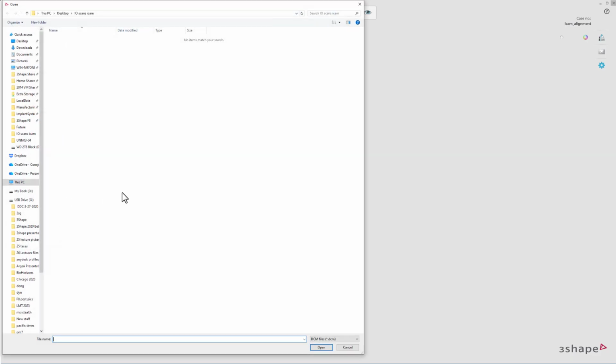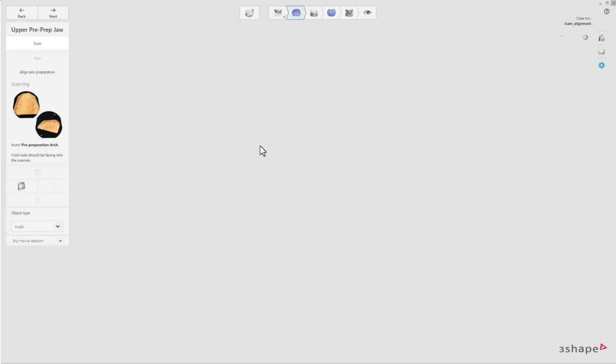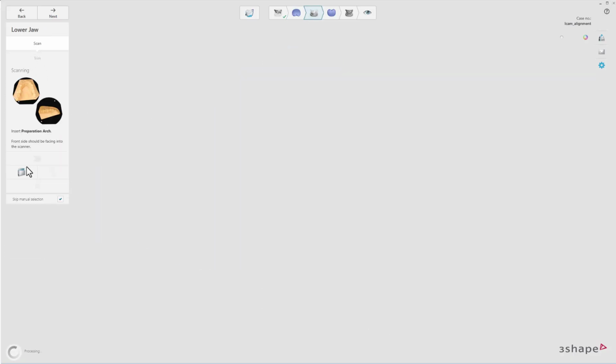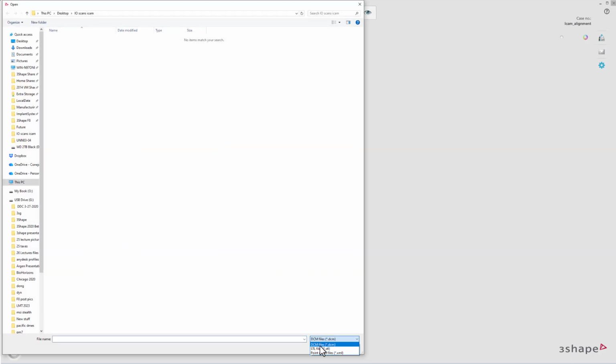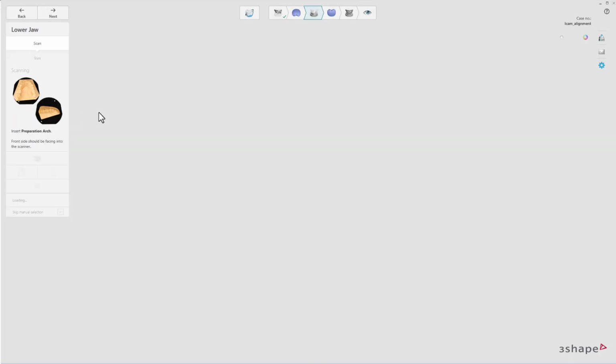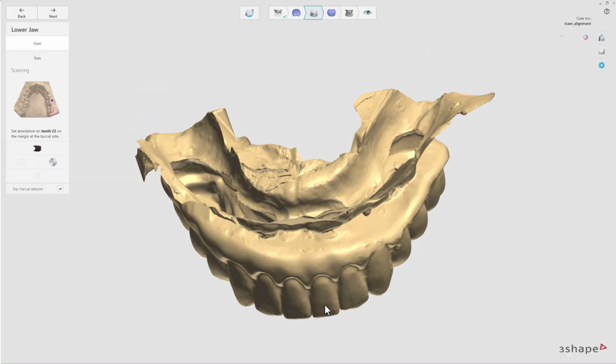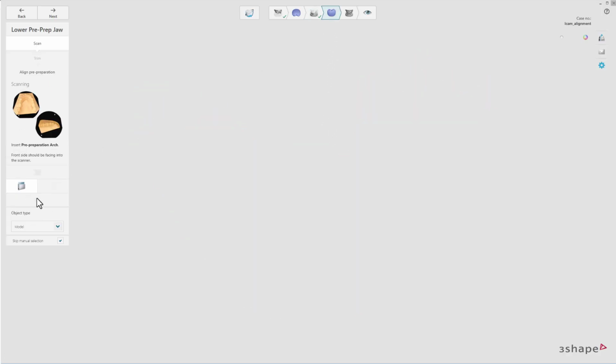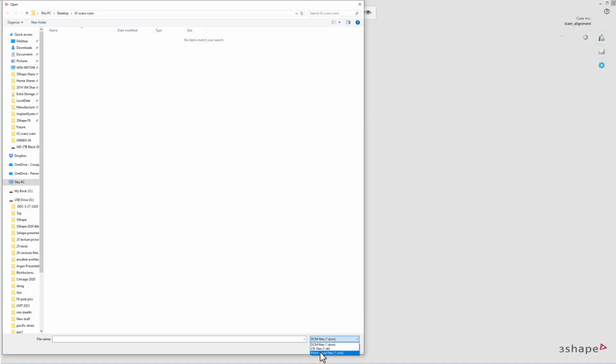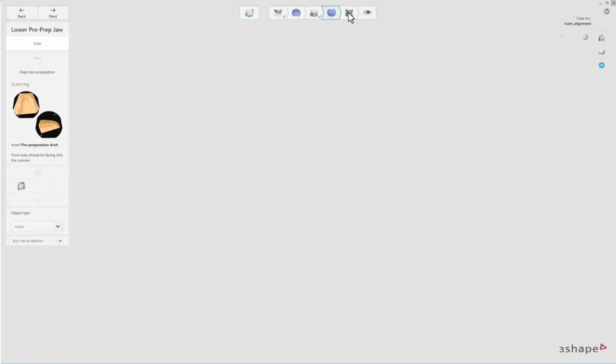For the pre-op, we're going to bring in the upper scan body. And we'll come back to aligning that. This one we will bring in the lower prep, mark that, and then bring in the lower scan body. Again, I'm just bringing all these in, and then I'm going to go back and align it. I just want all my files there ready to go so